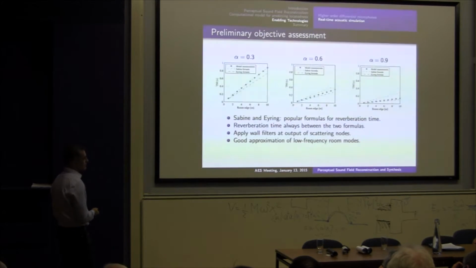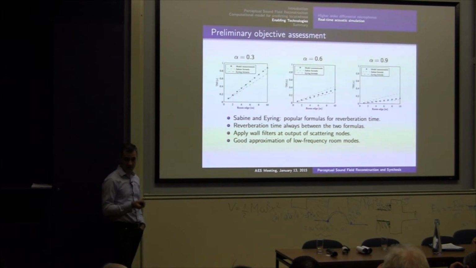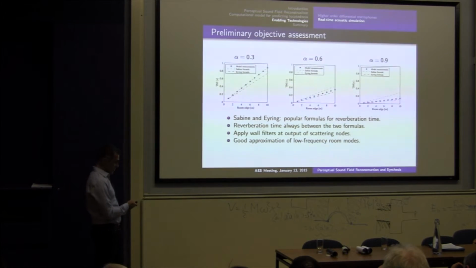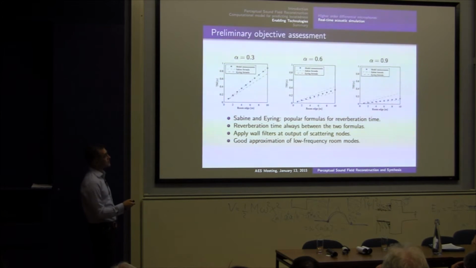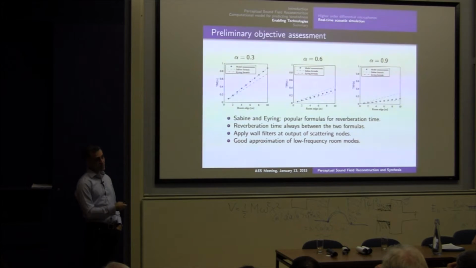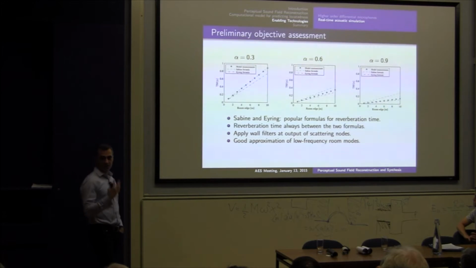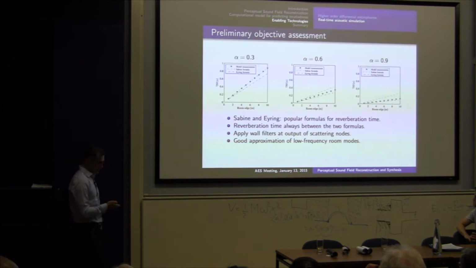And we did all these objective evaluations based on perceptual criteria. One would be reverberation time. So we are comparing the reverberation time that we obtain using our model with two known formulas for estimating reverberation time, and we are always in between these two. I'm not showing other results, but since recently we performed more experiments and calculated also normalized echo density, which is also known to be highly correlated with our perception of certain auditory space, and modal density.